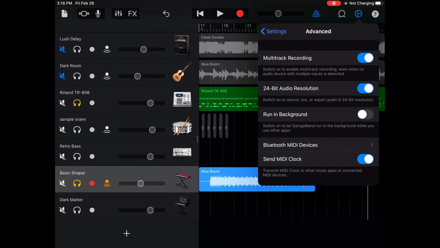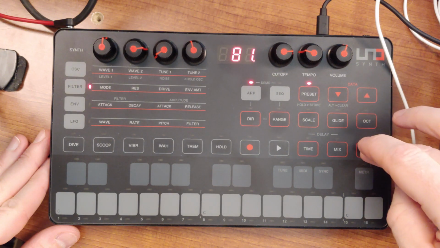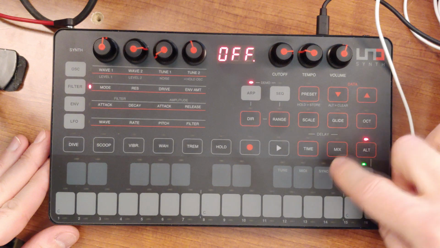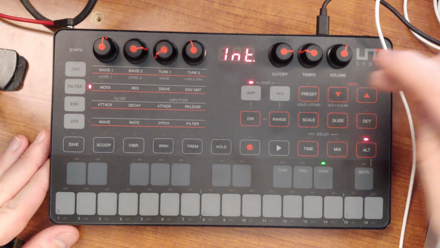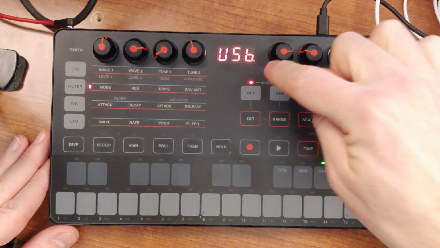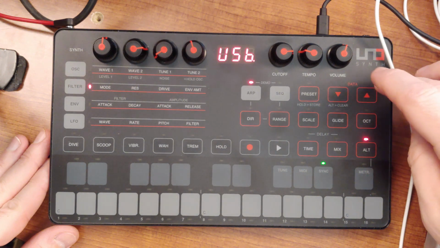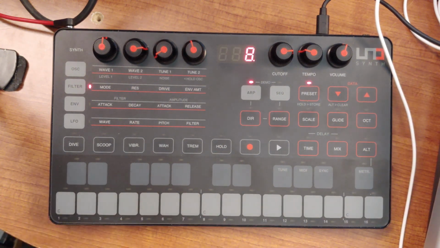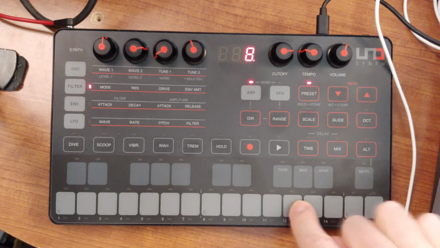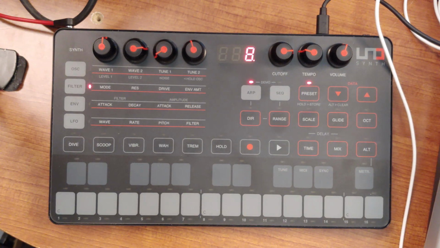Now what we've got going on here is our tempo changed once we connected it. It went up to 110. So now we're going to change the UnoSynth to read the MIDI clock coming from the iPad. So we'll hit Alt and Sync, and we're going to sync USB. You can see nothing's happening here now. Okay, I've got nothing. But if I open up a